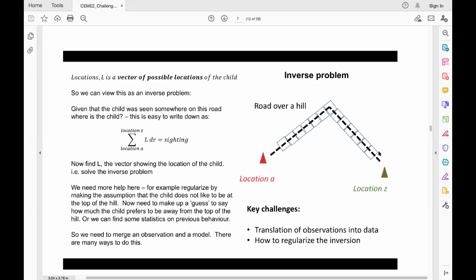And so our best answer in this case, and this is coming back to the original question, what are the limits to our data fusion? Our best answer in this case is two answers, either location A and location Z. Our worst answer, which some mathematics could give us, would be the child's at the top of the hill. Because if we're forced to one location, we might say on average they're in the middle.